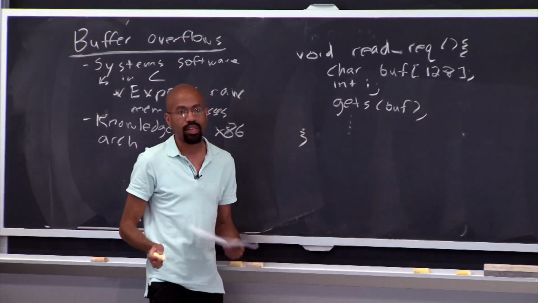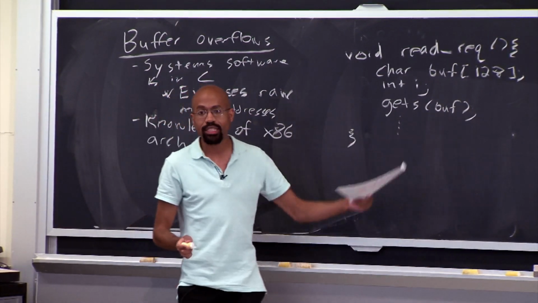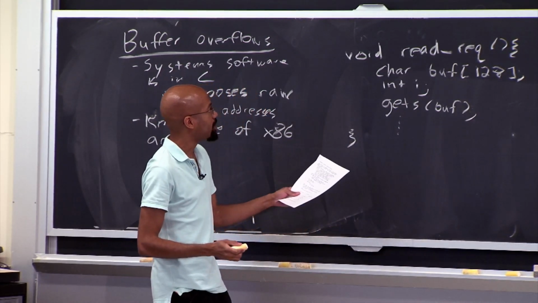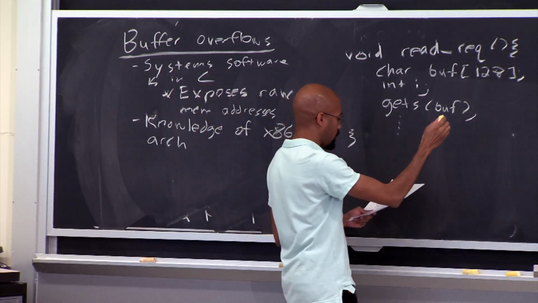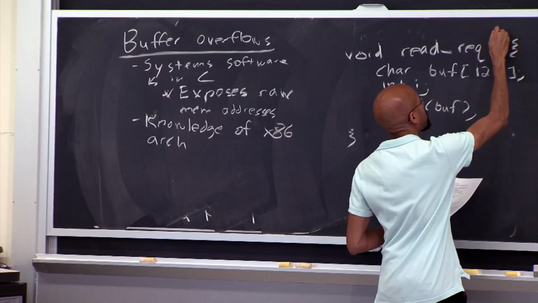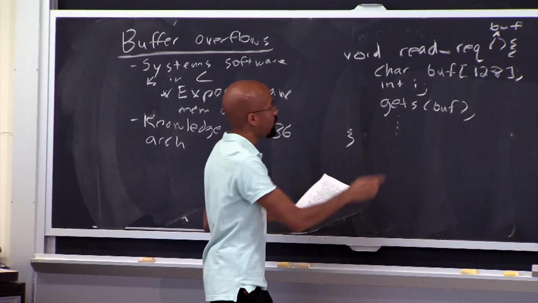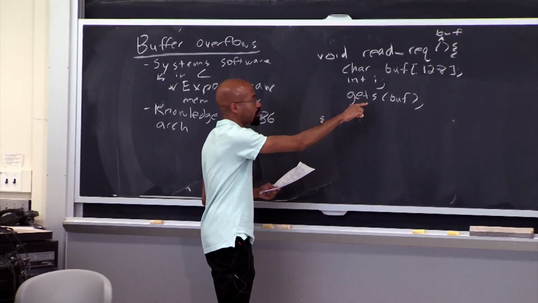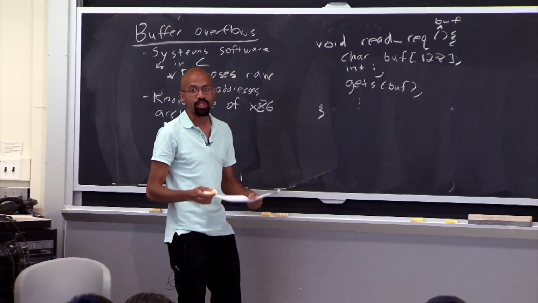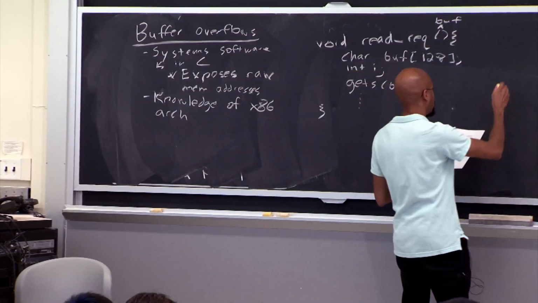Right, so as we discussed in lecture last week, this is problematic, right? Because this gets operation here does not actually check the bounds on the buffer. So what can happen is that if the user actually supplies the buffer, actually let's put that guy up here, for example. If that buffer comes in from the user, and we use this unsafe function here, then we can actually overflow this buffer, and we can actually rewrite stuff that's on the stack. So just as a reminder of what that stuff looks like,